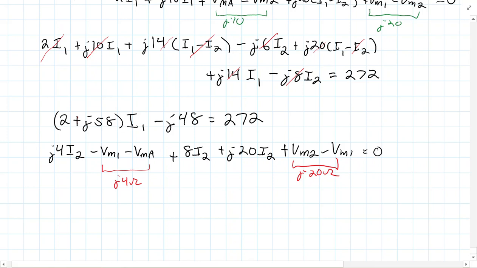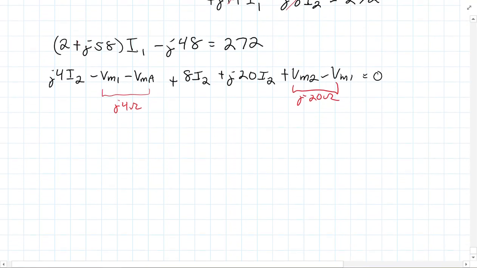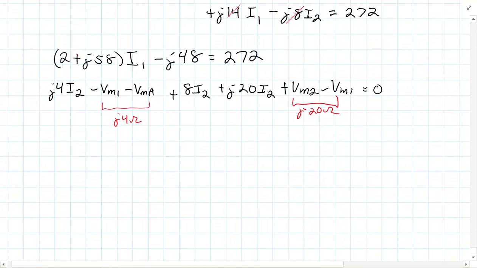Alright, so now we just got to, again, plug in everything correctly here. Scrolling up a little bit, we'd have minus j for I2, minus, now it's VM1, so that would be, and it's between the 4 ohm, so that would be minus j6 I1, and then VA, which is between the 4 ohms, so this would be minus j8, and then this would be I1 minus I2